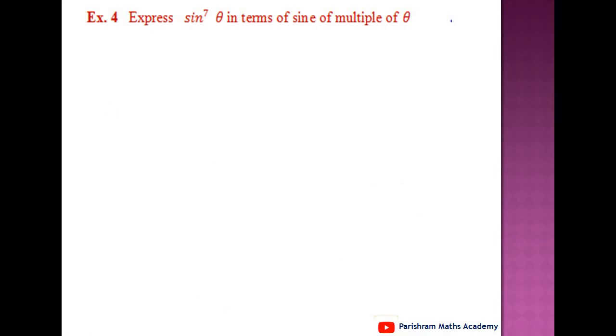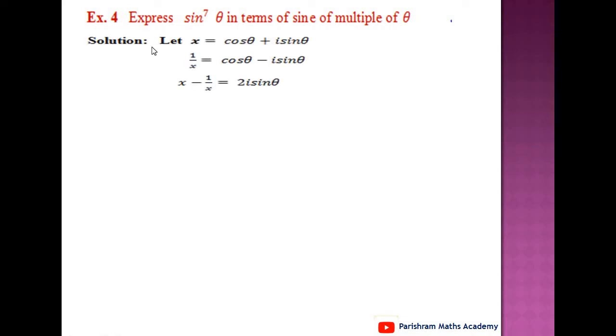Next, express sine raised to 7 theta in terms of sine of multiples of theta. Same here, we can take x equal to cos theta plus i sin theta, and 1 upon x is cos theta minus i sin theta. We take the subtraction, x minus 1 upon x. If it's subtraction, the cos terms cancel and the sine term appears 2 times, therefore 2i